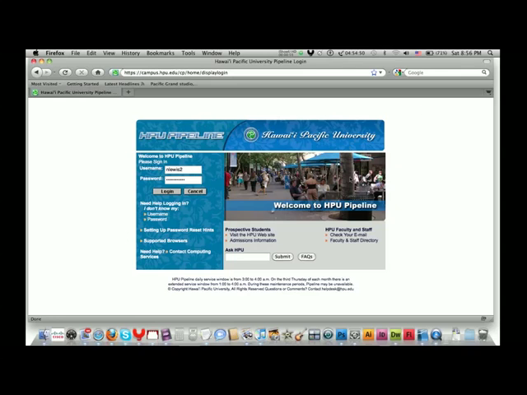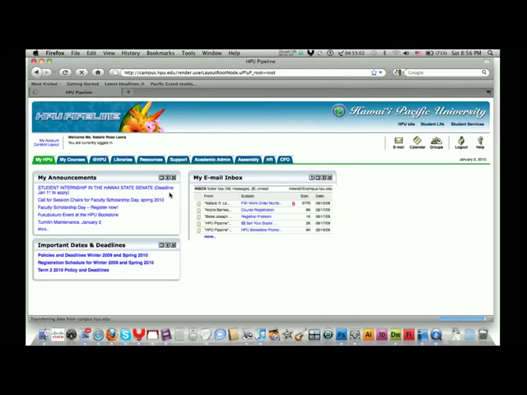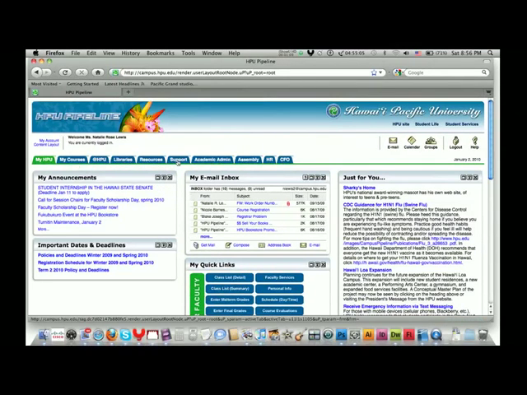You have to get onto the Campus Pipeline web page, and here you're going to enter your username and password and log in. Once you've logged in, you should find a tab that says support. My tabs may look a little bit different just because I have instructors resources. So if you click on the support tab here,